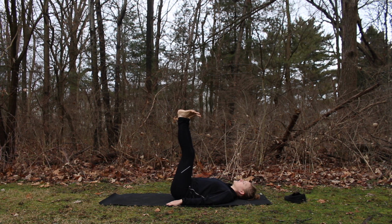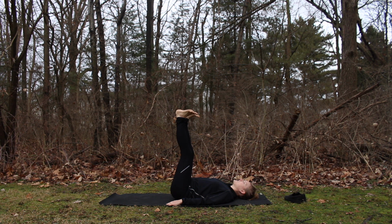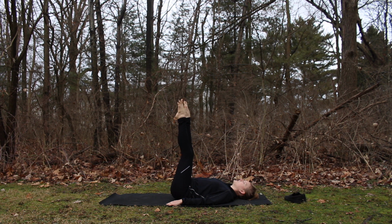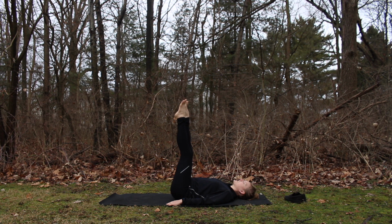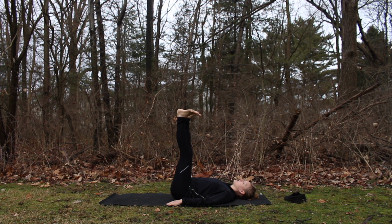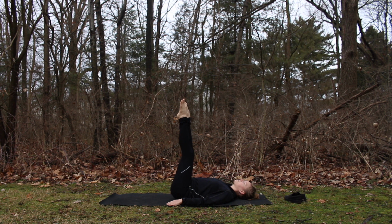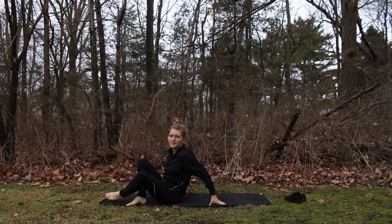flex, point, starting to build some strength here, flex, point, flex, point, twice more just like that, flex, point, and one more time, flex, and point, bringing your knees into your chest, making your way back up to sit,